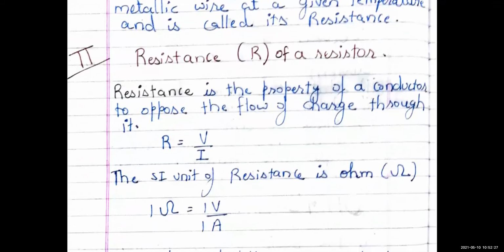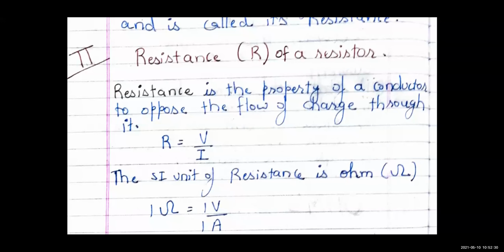Children, literally in the English language, the meaning of the word resistance is to oppose, to obstruct, right? So in the circuit, whom is it going to obstruct, whom is it going to oppose? Obviously, in the circuit the current is flowing, the charges are flowing. So the opposition to the flow of charge is the resistance. Who is going to oppose? The wire, the conductor through which they are flowing, right? So what is resistance? Resistance is the property of the conductor, the property of the wire to oppose the flow of charge, to oppose the flow of current through it.